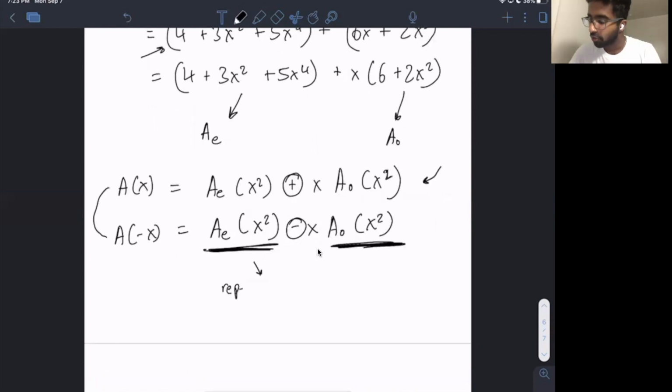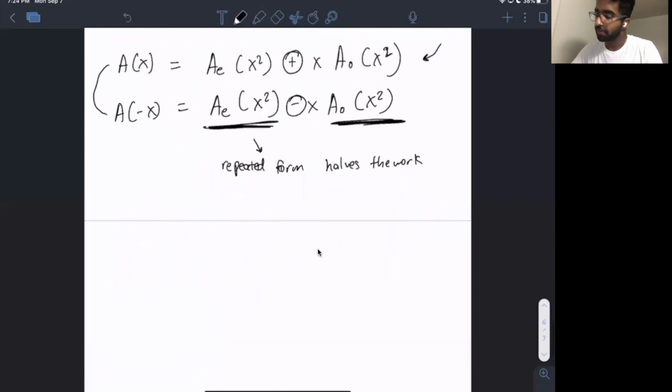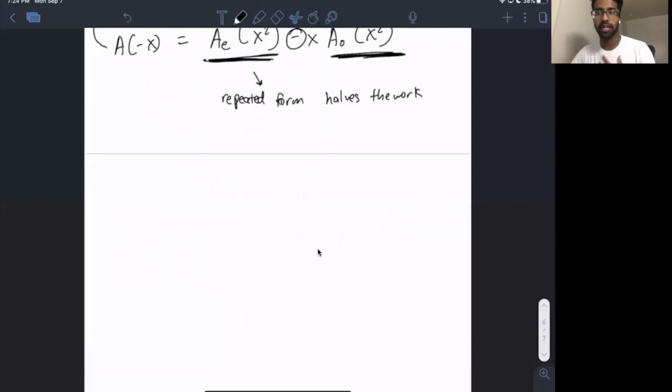The repeated form halves the work. Let's say we want to evaluate A at n points, right? Now, if we plug in x and negative x, we have so much repeated work that it sets us up to only do n over 2 of the work, right? And so that's where the divide and conquer